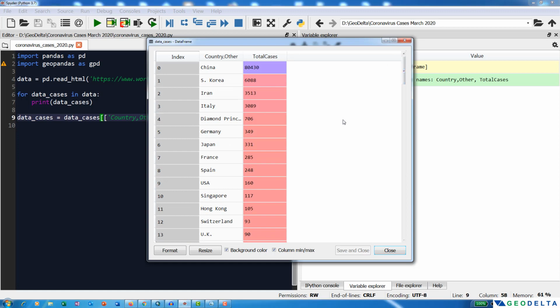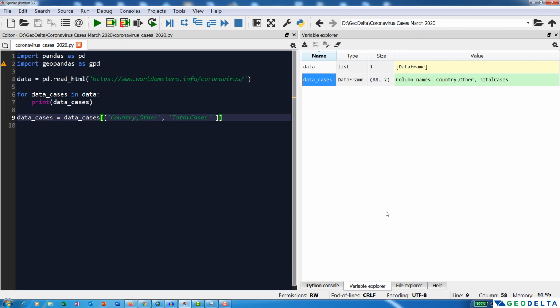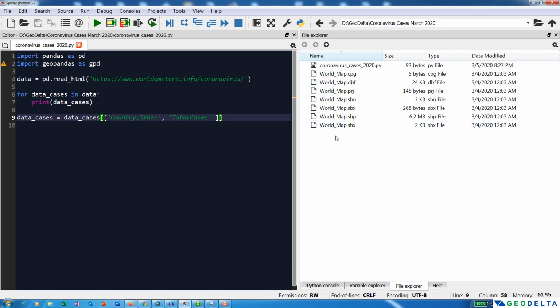Now my objective is to finally transfer this information into a world map. So I have already prepared a world map. If I open this file explorer, you can see that I have a shapefile over here which is a world map. So that's where this GeoPandas Python library is going to be handy. We can import these shapefiles without any issue. You don't need GIS software to open the shapefiles, and you can even manipulate shapefiles using the GeoPandas library. So I'm going to create another variable called world